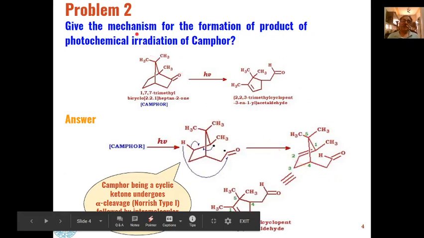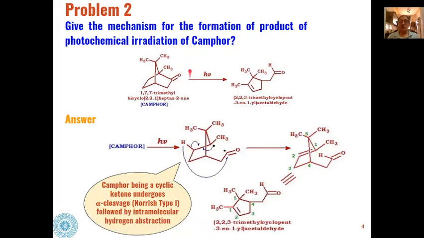Then the second problem is the mechanism for the formation of this product from camphor. Camphor is 1,7,7-trimethylbicyclo[2.2.1]heptan-2-one. So when this is photochemically irradiated, it will be converted into this type of aldehyde, an acetaldehyde derivative. So what happens here is,